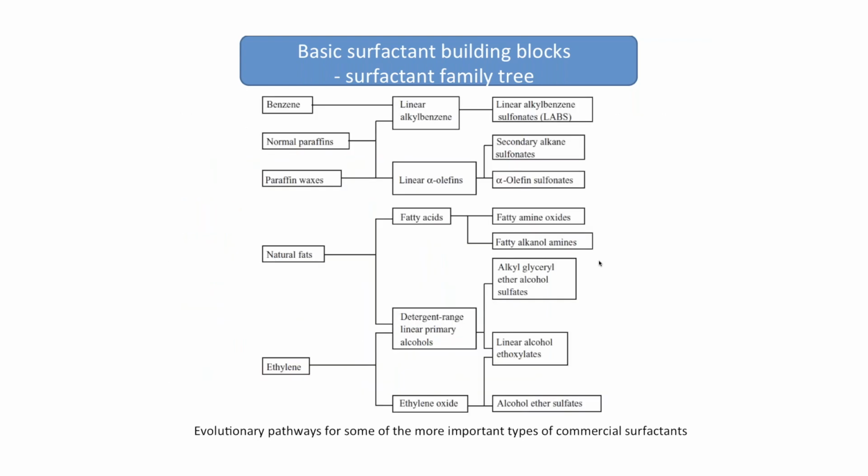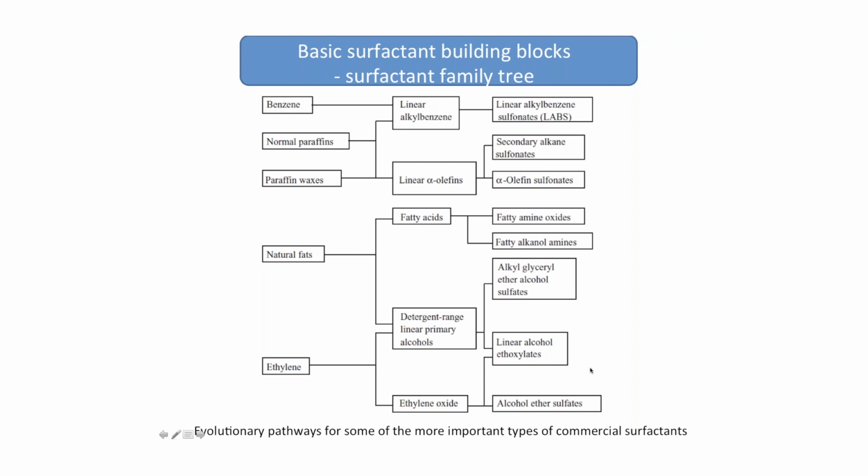Now, along the family tree, one may ask, well, where do most common surfactants come from? You have a variety of choices. They can be from natural fats or oleofats. They will end up becoming your fatty acids. The fatty acids can be derivatized to produce amines and amine oxides. A good number of natural fats or fatty acids or ethylene-derived surfactants are found in a lot of common detergent or soap ingredients. So ethylene allows you to produce ethylene oxide and therefore polyethylene oxide, which becomes your alcohol ether